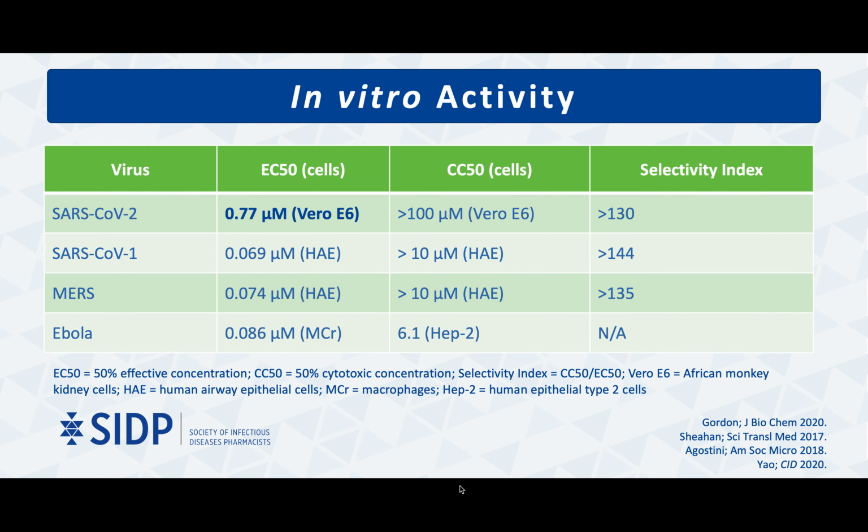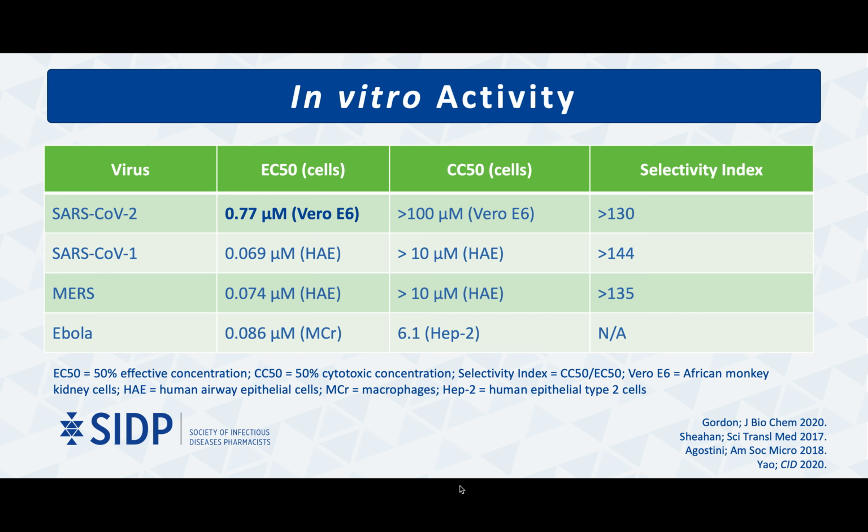First, since the majority of us are not virology experts, and this past month is probably the first time we've ever encountered some of these terms, I'd like to define them briefly. So the EC50, or effective concentration 50, which in this case is the concentration required to produce half maximal inhibition of virus yield and viral replication, is the parameter for